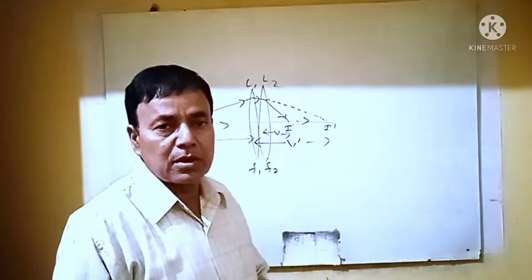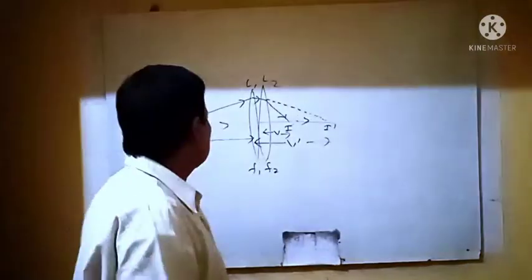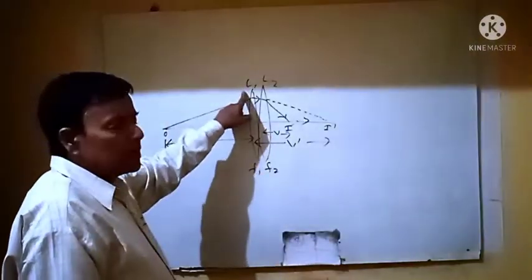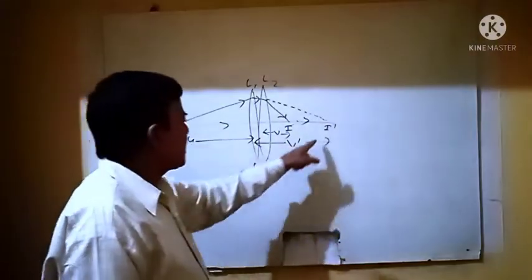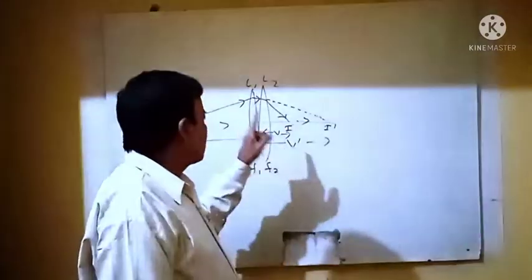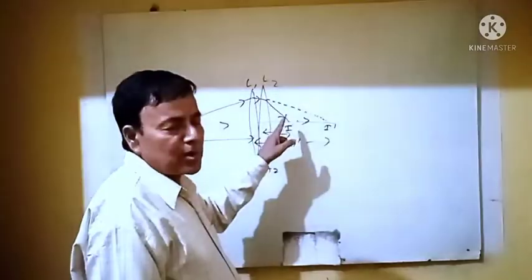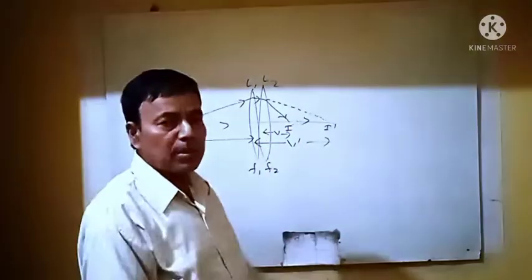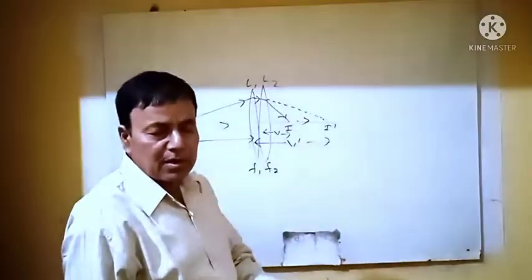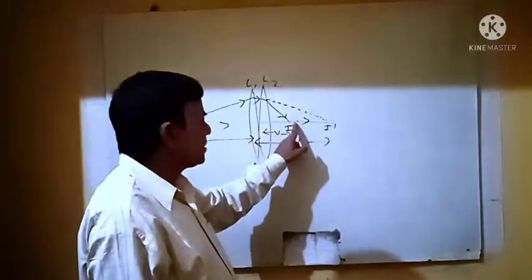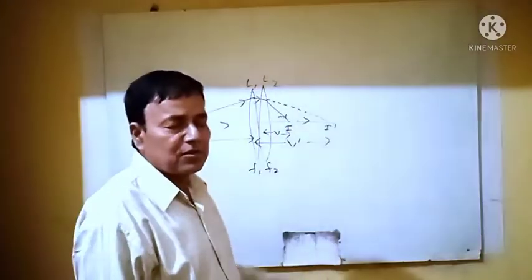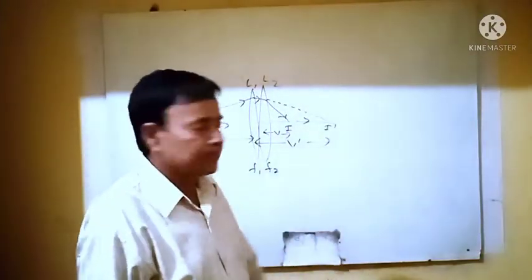If we put the numerical value, then it is repeated. The virtual image of the point object by the lens L1 is formed at I'. It serves as the virtual object for the lens L2, and the final real image is formed at this point A. Now both lenses will be removed, and a single lens is used at this place, and that single lens will form the final image at this point I of this object. Then that single lens is called the equivalent lens of both lenses.